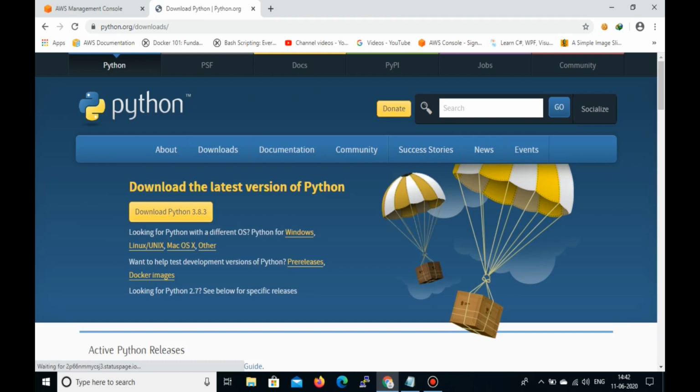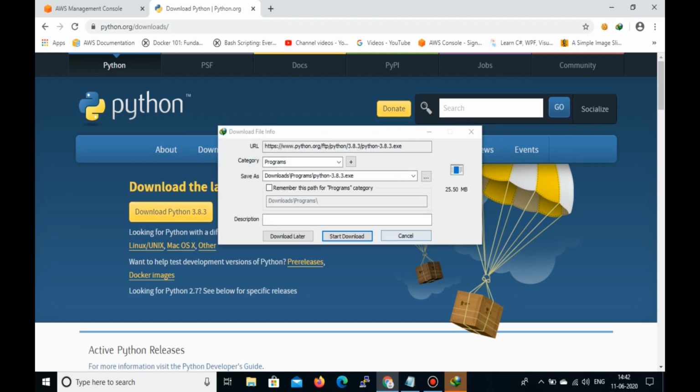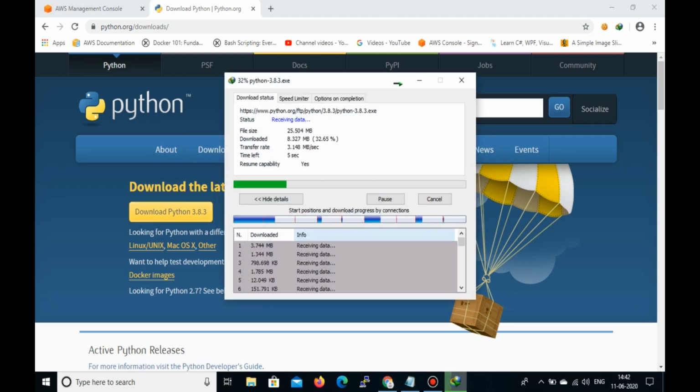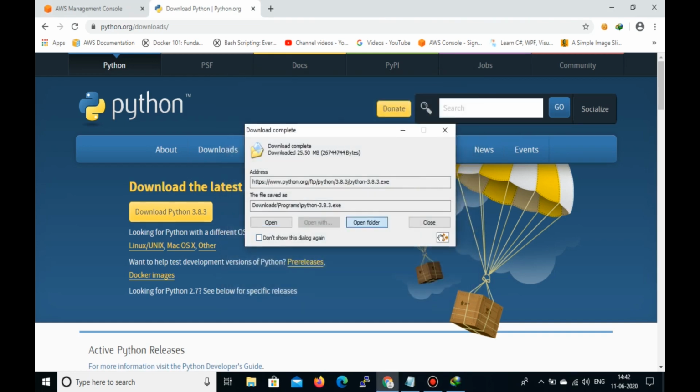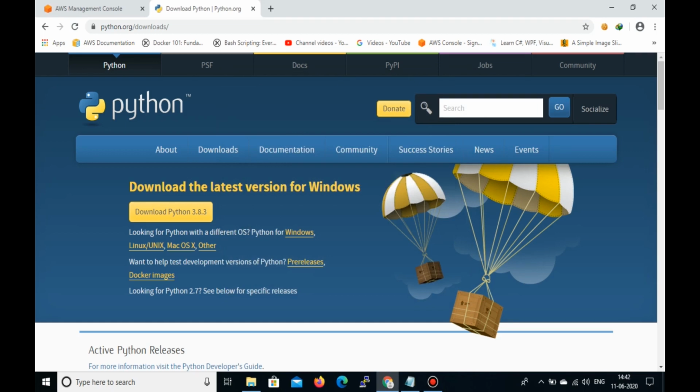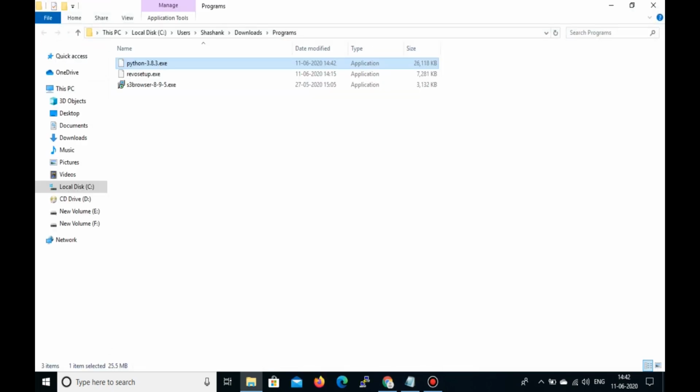Here you can go to Downloads and download the latest version of Python. Now you can see that the setup is there. We have to double click on it to install it.